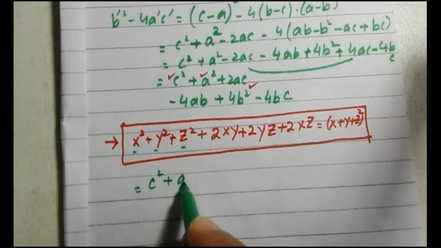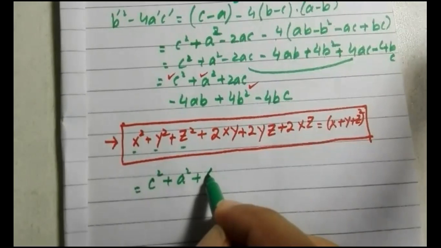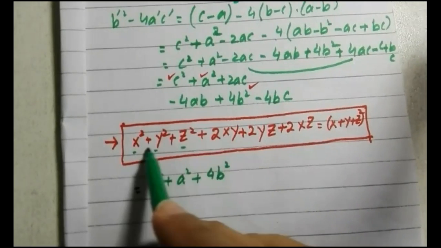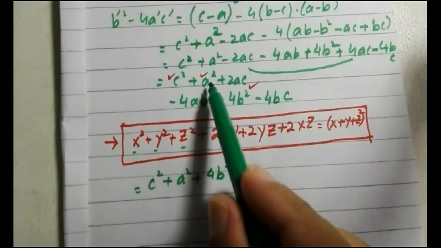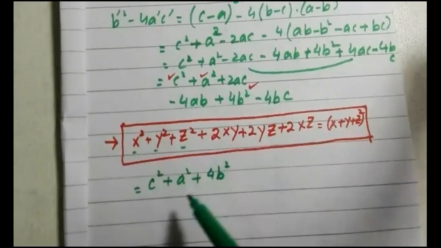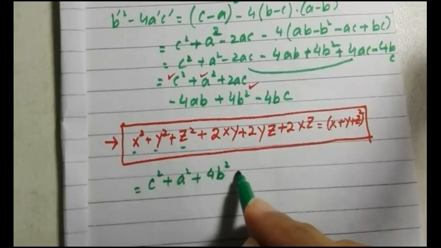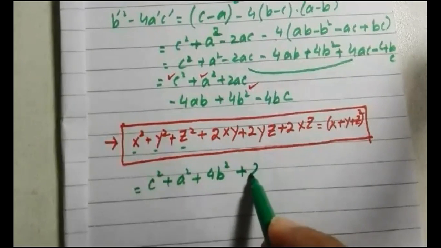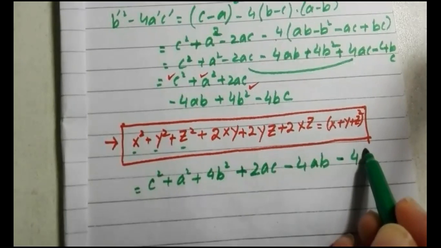square, and this 4b square I will write it as, okay, let me first rearrange the terms. 4b square, the 3 perfect squares I will arrange first. You will see that the terms which are perfect squares, like c square, a square, 4b square, will be collected first, parallel to this formula, x square, y square plus z square. Then I will write the next 4 terms. That is, you can see that one is 2ac, and the others are minus 4ab and minus 4bc.